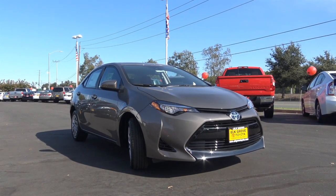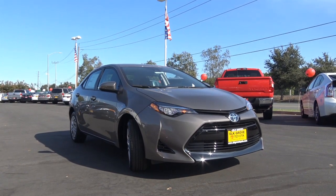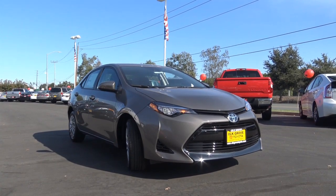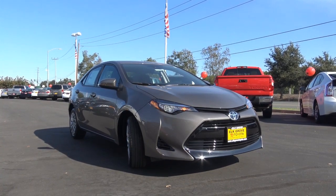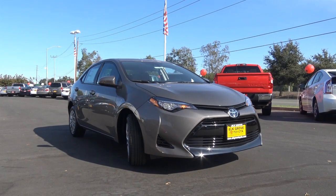Trims of the Corolla here, you're looking at the base L trim, which starts at $18,500. The LE, which is what we have here, $18,935. LE Eco, $19,335. And if you go for the Eco trim for the Corolla, your fuel economy numbers do get bumped up